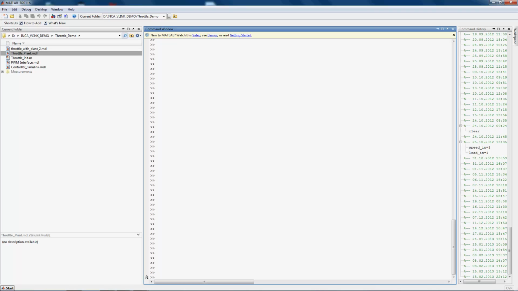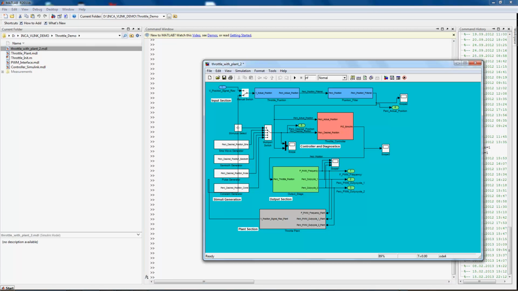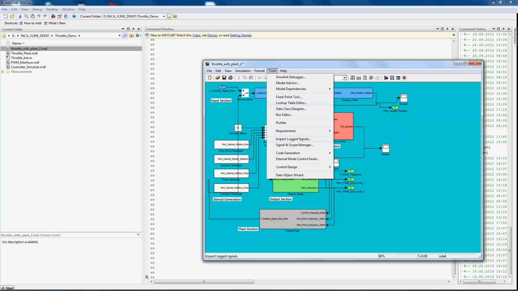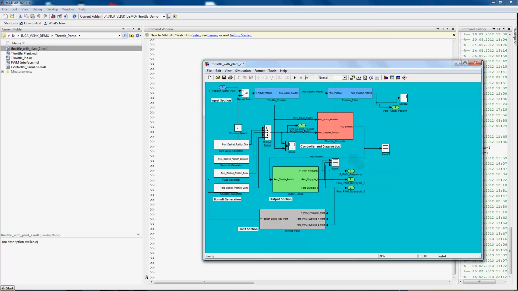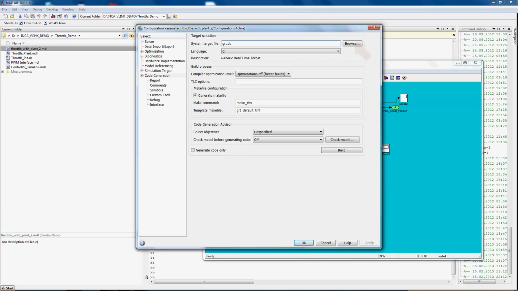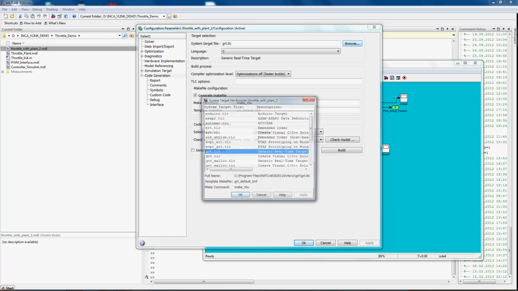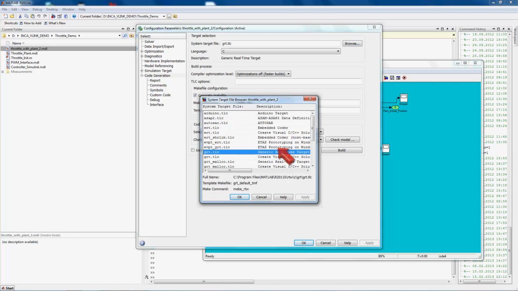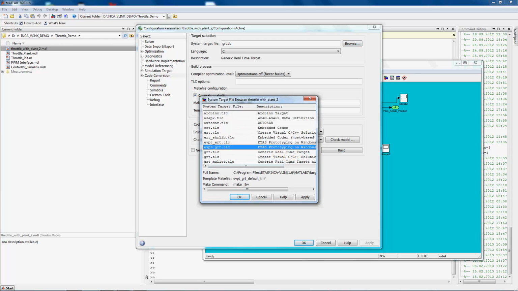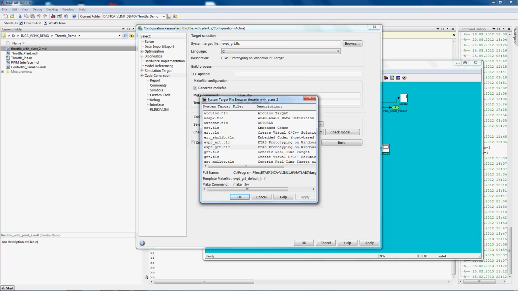Now let's take a look at the product. I'm using the same model that I had been using for the Inka SIP demo. In order to generate an object with Inka V-Link, I need to set the code generation options. Inka V-Link provides an ETAS code generator that embeds automotive excellence in the generated objects.